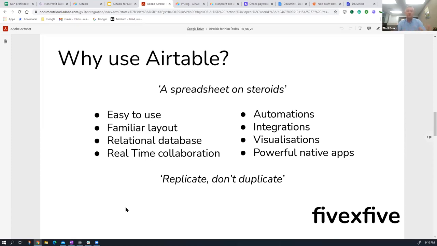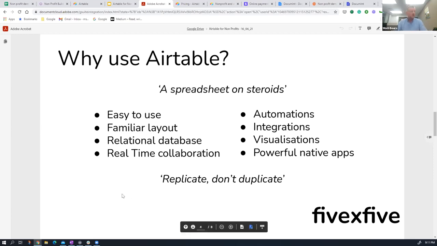There are also hugely powerful automation capabilities built in and native. There are lots of integration opportunities by connecting Airtable to other apps that you may use. We'll touch on that a little bit later. There are visualization capabilities, so charts and summaries and all of those sorts of things to help create dashboards. And they have a growing number of very powerful native apps within the Airtable ecosystem itself. So we'll touch on that as well a little bit later, but just to give you some reasons why you might choose Airtable over and above